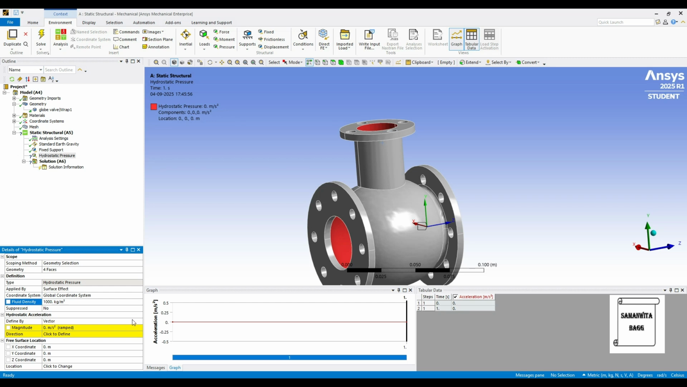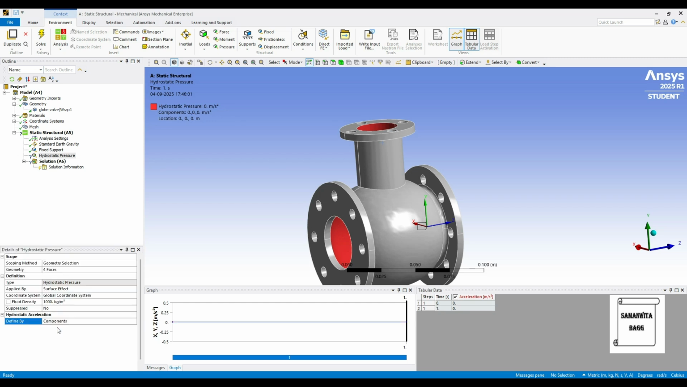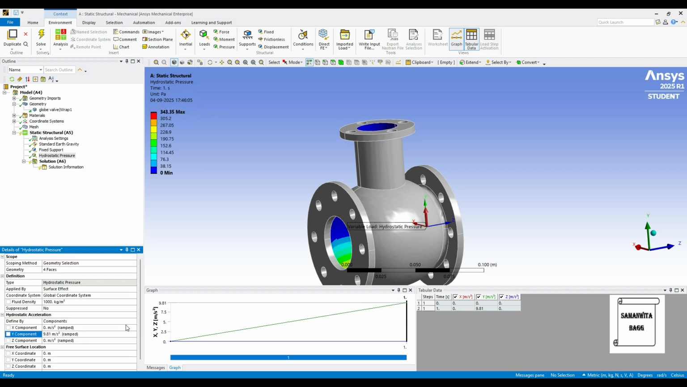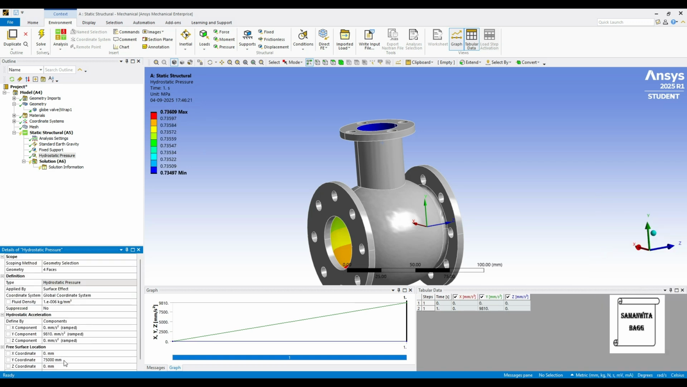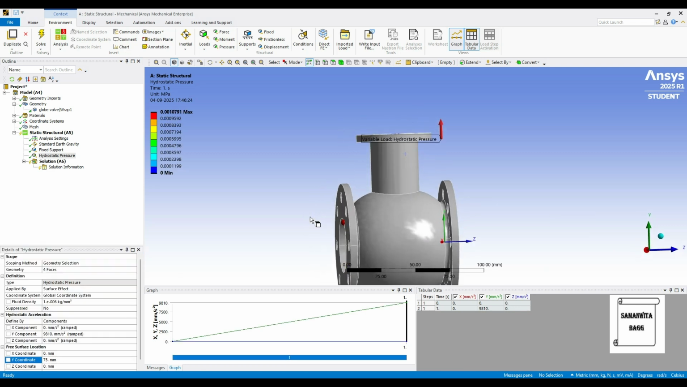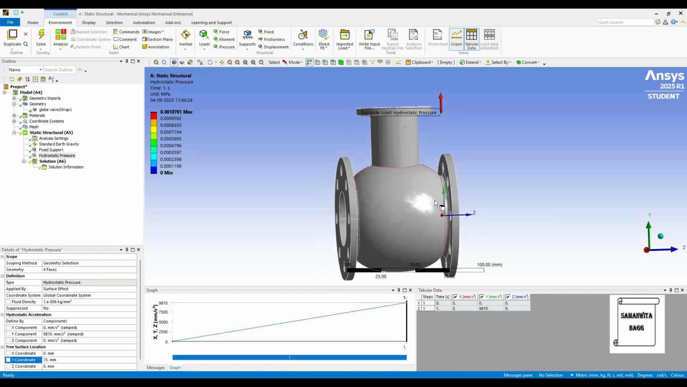Here, hydrostatic acceleration, I'll change this to component. Along the y-axis, it is 9.81 meter per second square. And I want to give the value of y coordinate for this globe valve. The value of y is 75 mm. Okay, I'll just change the unit to mm once again, and this is 75. So you can see here that is the top portion where you will get the hydrostatic